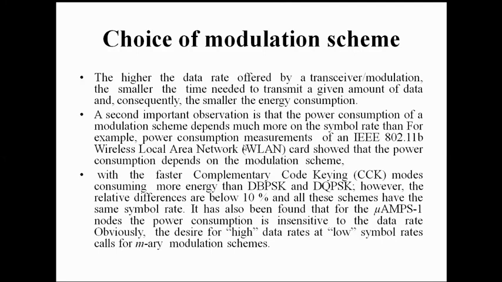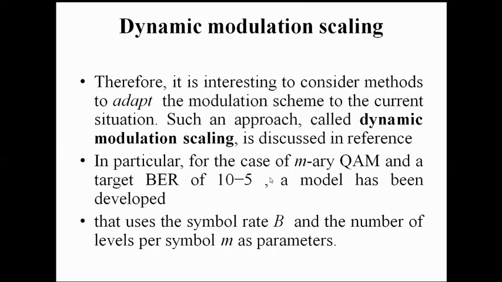So in order to provide a solution for this, we are going to use MRA modulation schemes. These MRA modulation schemes provide high data rate at low symbol rates. You all know that if the data rate is high, the transmit time is automatically reduced. So we have achieved the first criterion, that the transceiver must be in sleep mode for the maximum time. Okay. Then the third criterion is dynamic modulation scaling.